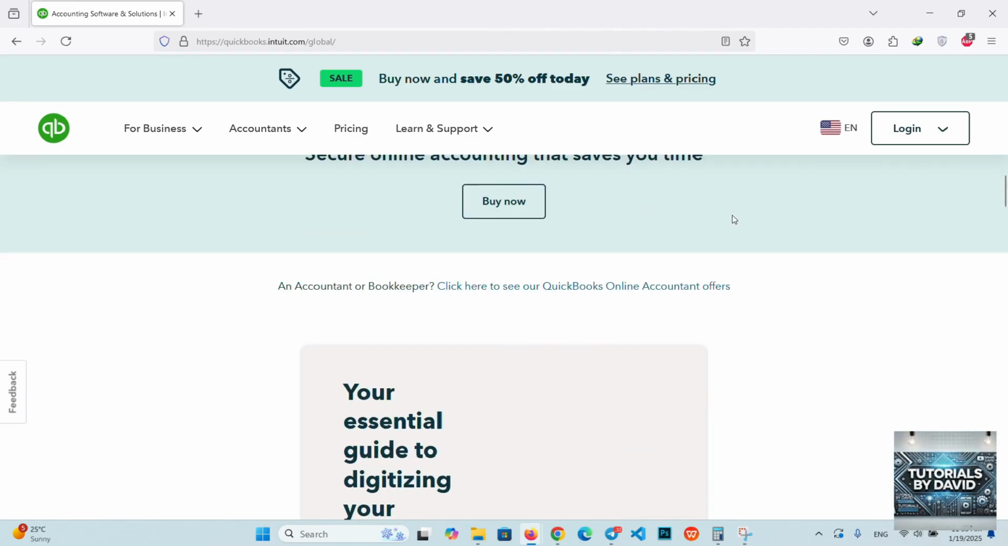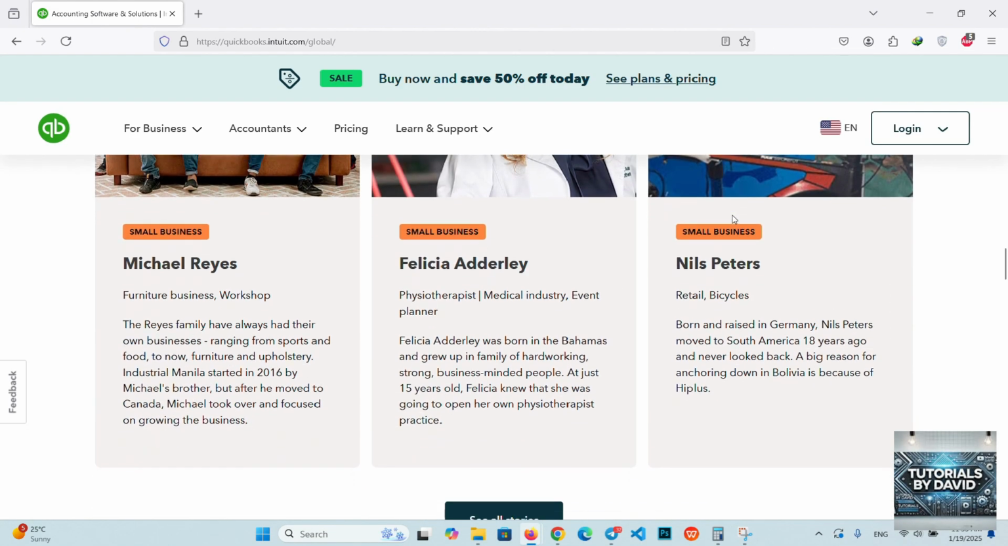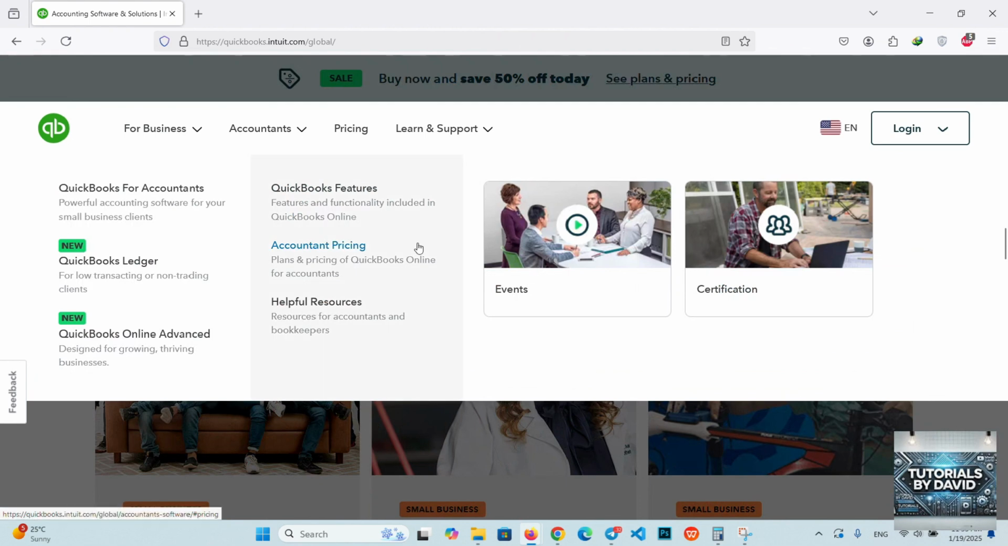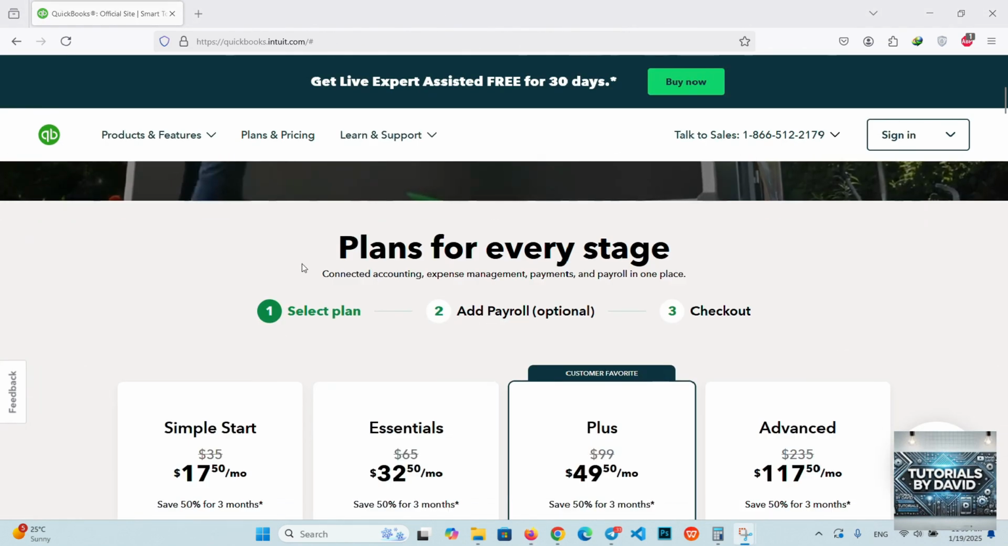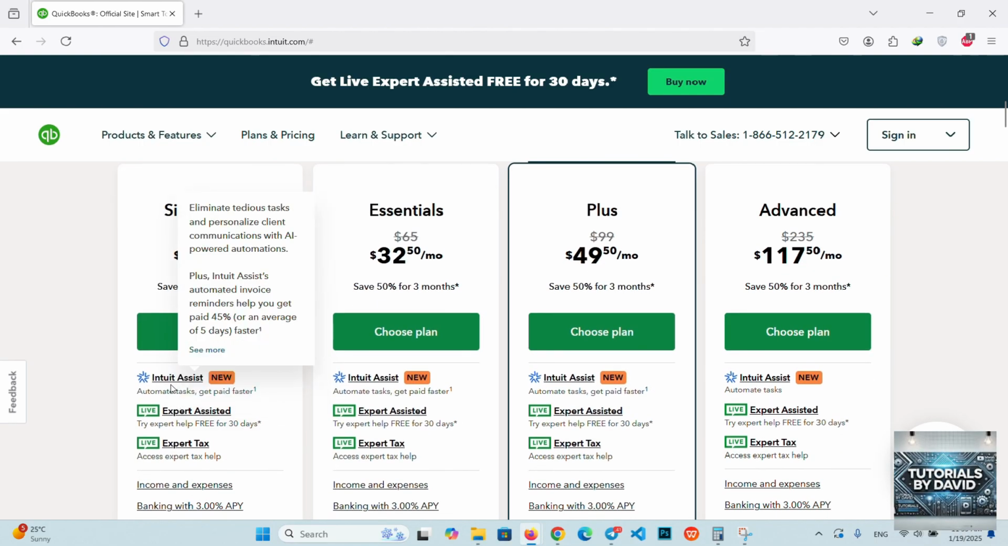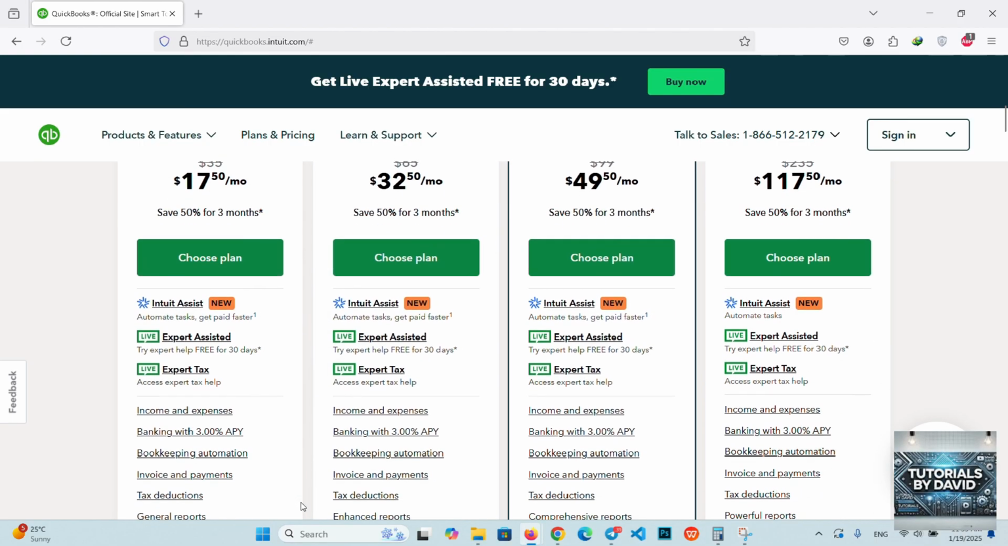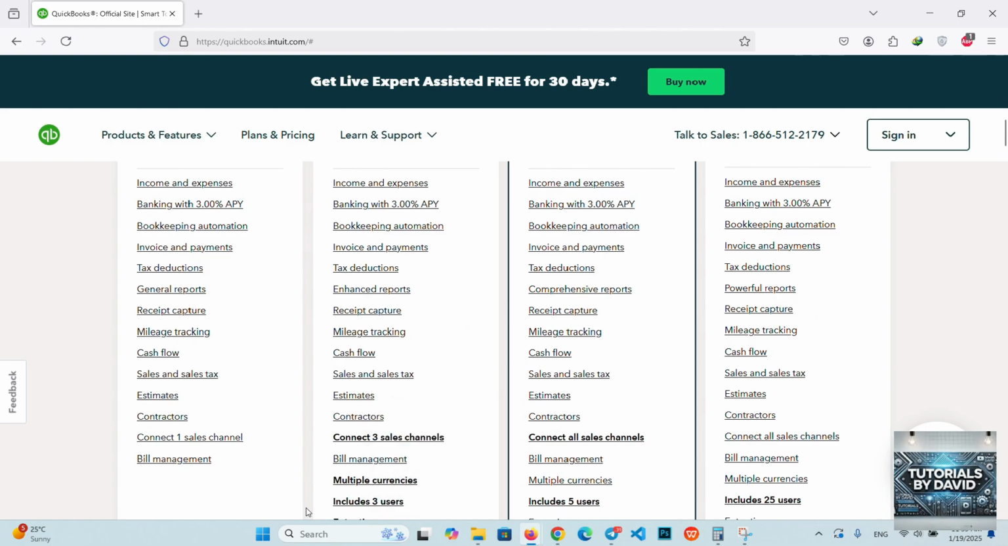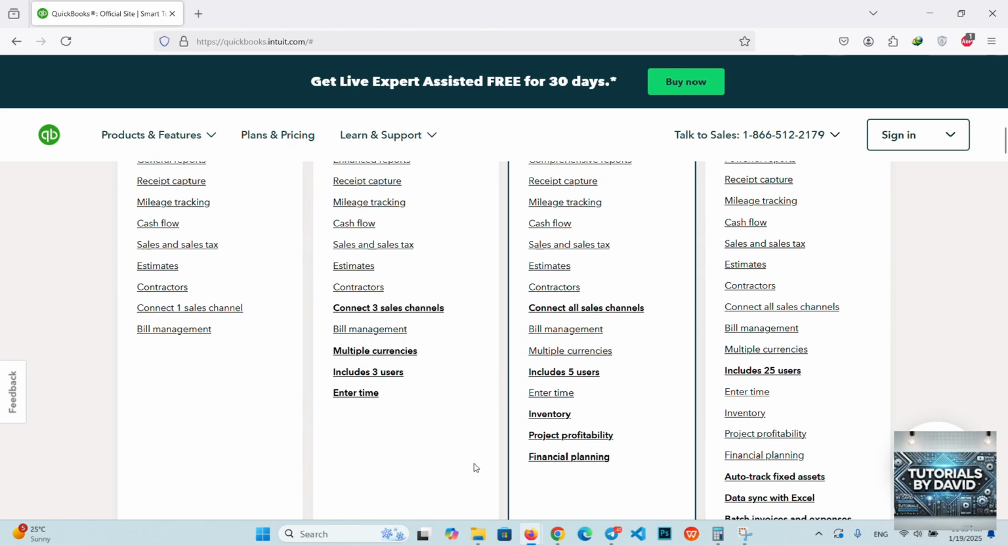2. Use projects for job costing. The Projects feature helps track income and expenses for specific jobs, perfect for contractors and freelancers managing multiple projects. 3. Automate recurring transactions. Set up recurring invoices and bills to streamline payments and maintain cash flow without the hassle